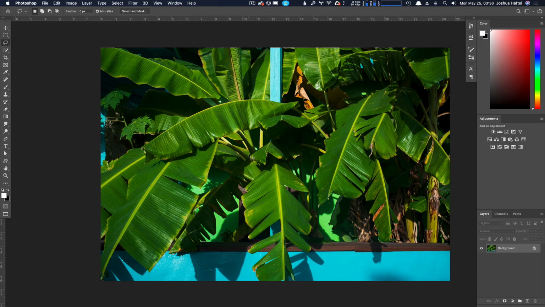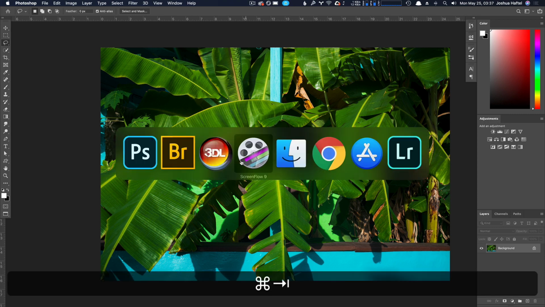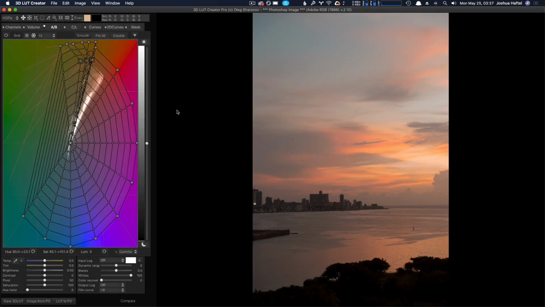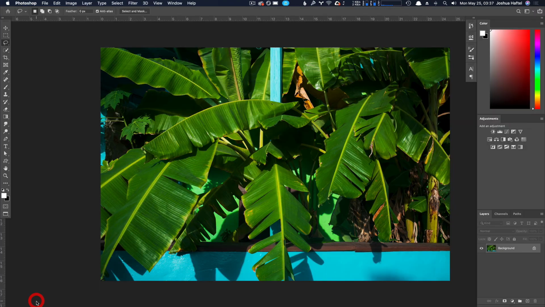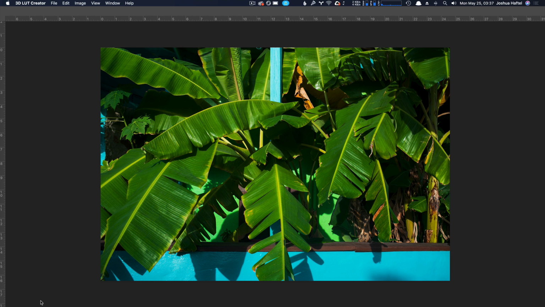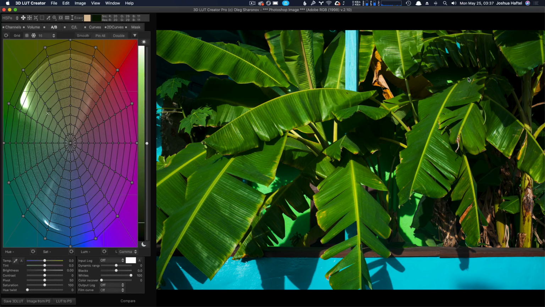I'm going to be inside of Photoshop to open up a file first that I want to use as a starting point for the creation of this LUT. I just need to open a file, have it open inside of Photoshop, and then I'm going to go into 3D LUT Creator. Let me reset this out. I was just playing with this before. And I'm going to open the image from Photoshop. And what you'll see is a little spinning beach ball, and then boom, that image is open inside of 3D